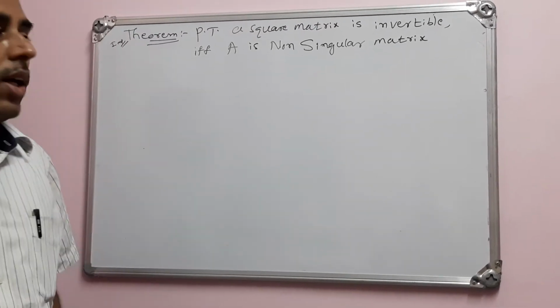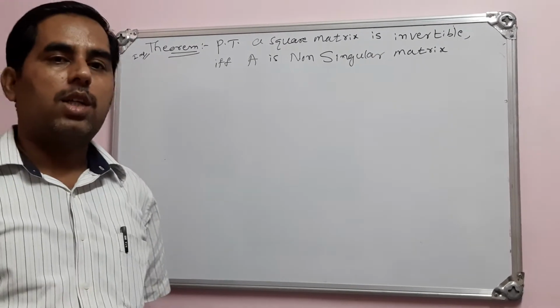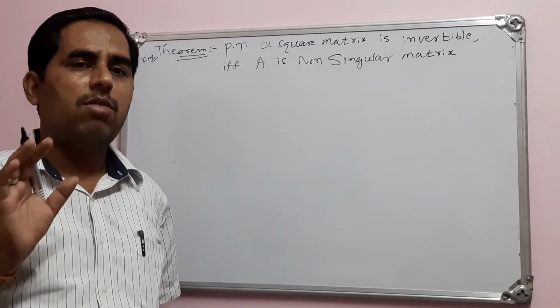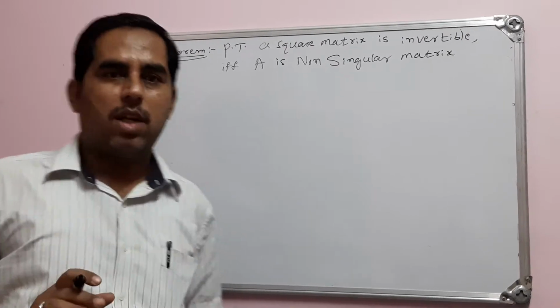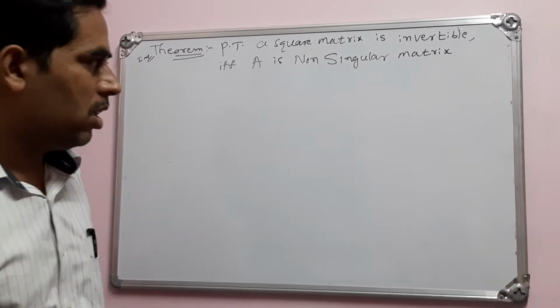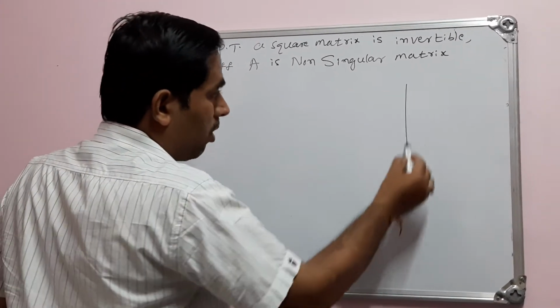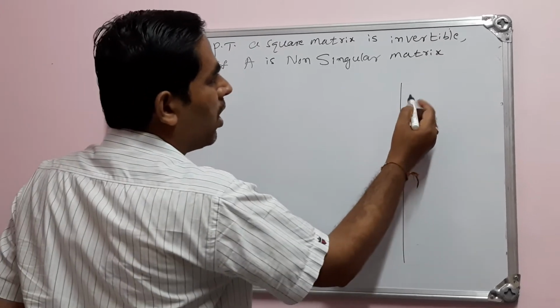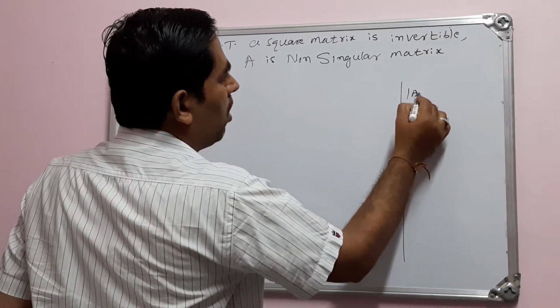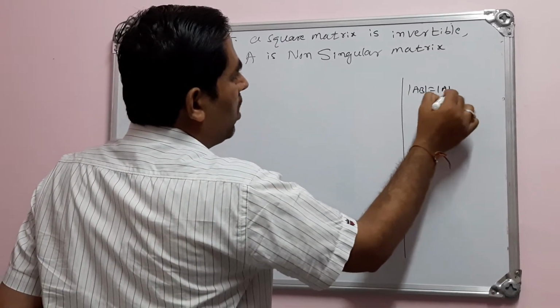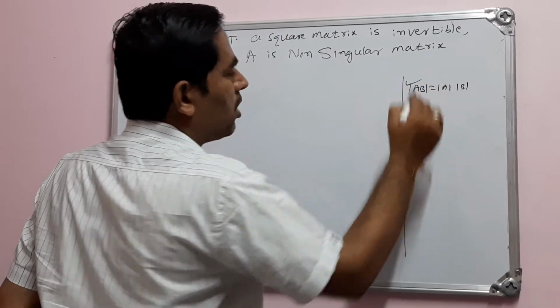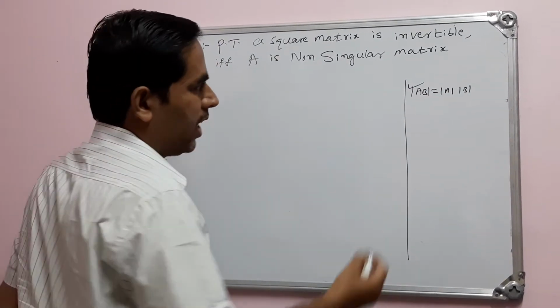Okay, let us continue our classes on determinants. In the last class we wrote 5 important basic points regarding determinants. What are the points we covered in our previous class? Determinant of AB is equal to determinant of A into determinant of B. This we also verified through an example.